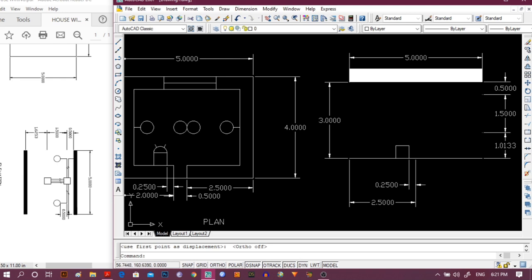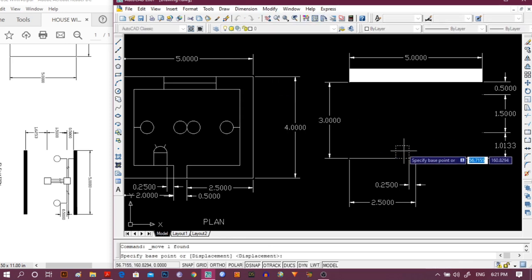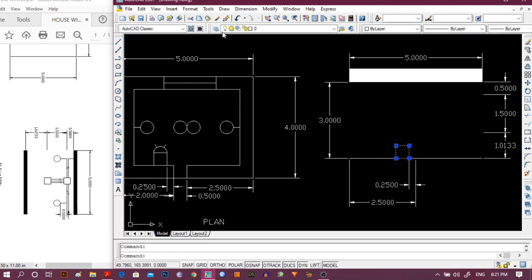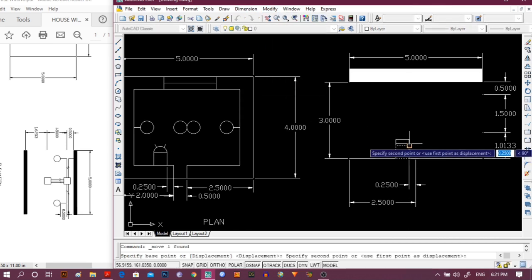Now this one should be 1 meter above. So by moving again, we can place this one.